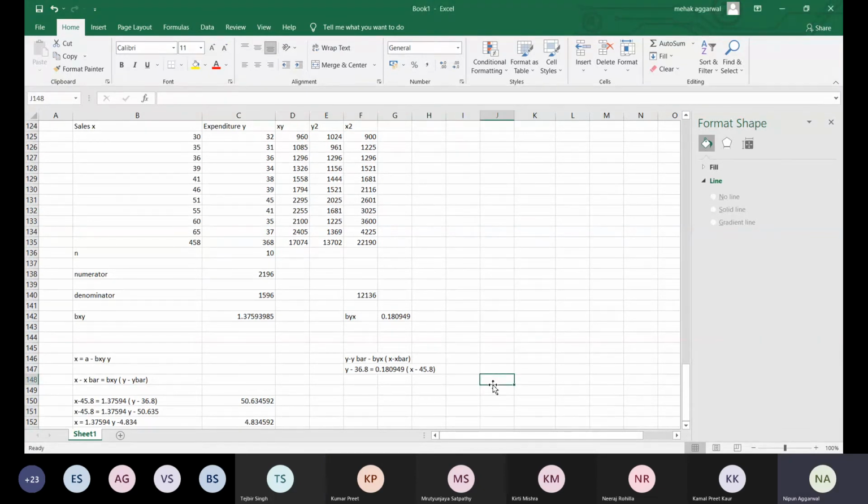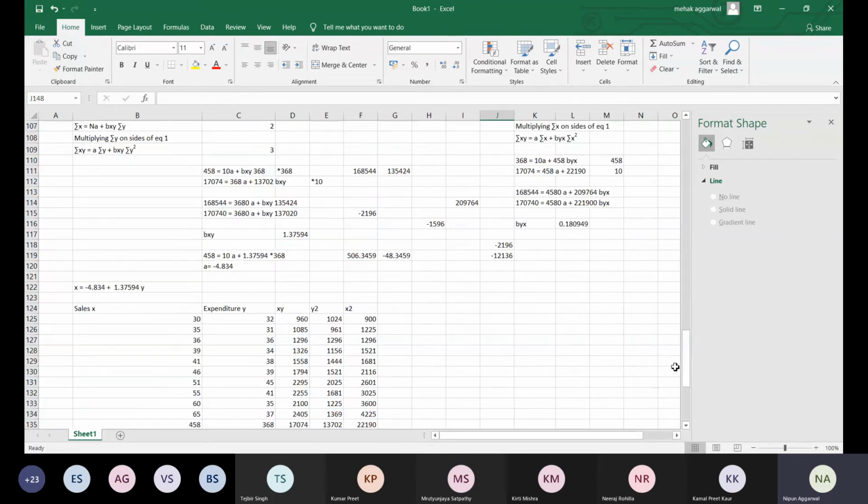Fine enough. So that is your regression coefficients through formula. That is the regression coefficient, and the interpretation of the same is like, if we want to interpret this regression line, this shows how the x is dependent on y. So this says that if y is 0, then there is also a sales of minus 4.834. So x is my sales, y is my expenditure. So if expenditure is 0 also, then there is a negative sales of minus 4.834.